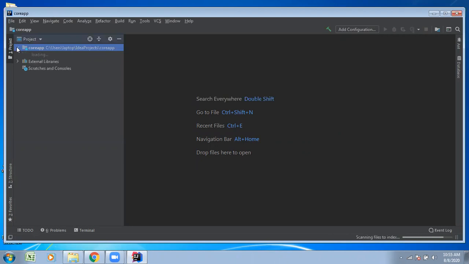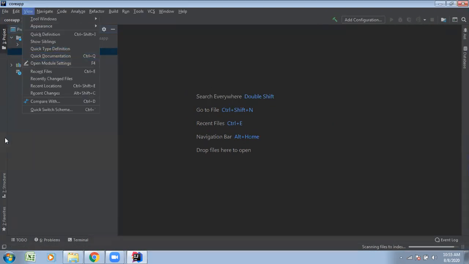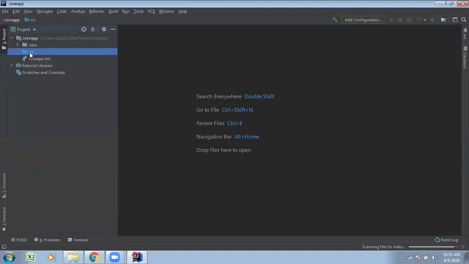Here is the core Java application, its location, the SRC folder. Under the SRC folder, I want to create a package first. Right click on that SRC folder, new, package.